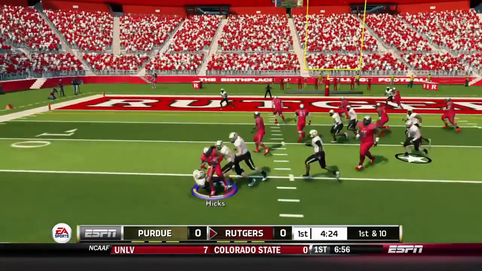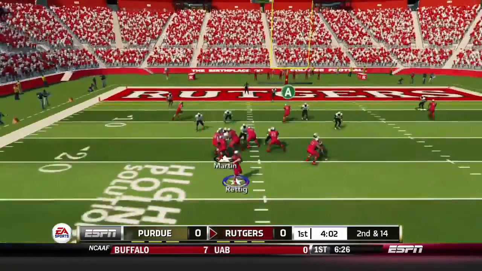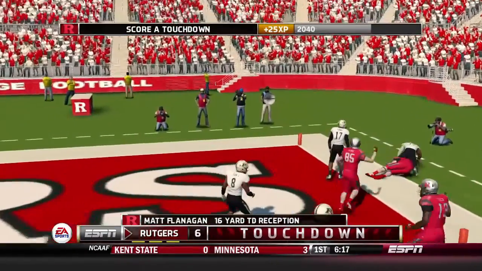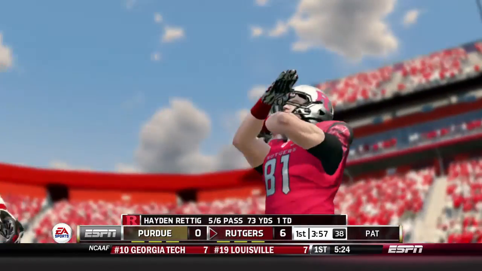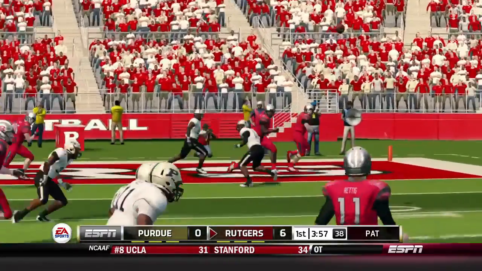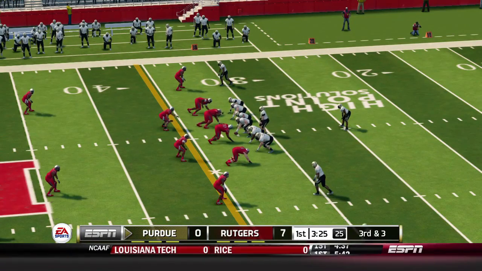Reddick pitching it off to Hicks, and he's just been struggling this entire season with a negative 4-yard rush on that play. Reddick now running the play action, looking for someone open in the end zone, chucking it up to Matt Flanagan. That's going to be a touchdown for our tight end. And Reddick with a pretty good way to start off, 5 of 6 for 73 and a touchdown for our opening drive. See, Flanagan just had a bunch of steps, and Reddick with a perfectly thrown ball